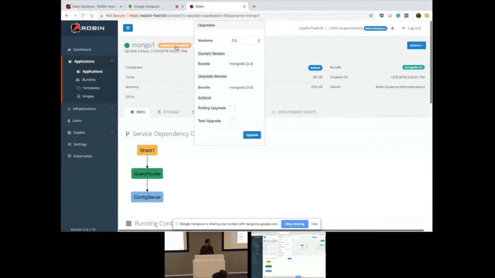Okay, so is this defined by you? Is this defined by the user, or is this defined by the database developer? So this is defined by the bundle writer. So bundle is essentially a manifest, what you will see in Kubernetes like a spec file, or in Helm like a chart that you can easily write, and then you can define which bundle can be upgraded from which version and so on. So whoever manages the bundles, that administrator can decide which version it can be upgraded from or upgraded to.